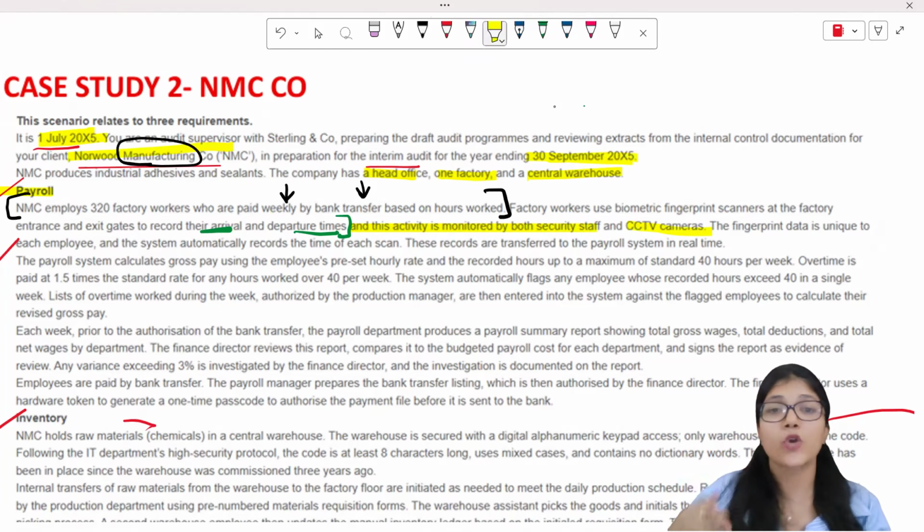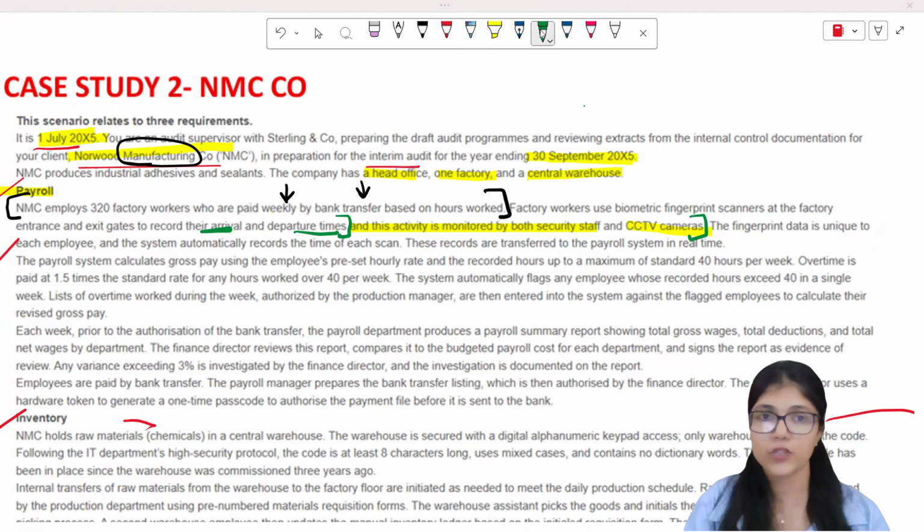Now, this is a good thing that they have done, and hence this is your direct control. Right? So this is how you distinguish whether something is a direct control or not. You see how much extra they have gone for a particular thing. So over here, your fingerprint data which you put in is unique for each employee. It has to be unique, right?